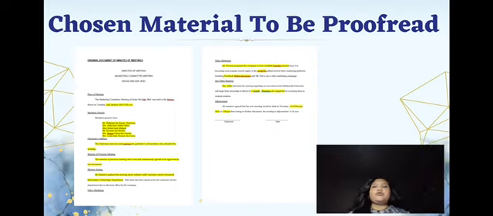So, why did I choose this document to be proofread? As someone who is developing skills in proofreading and editing, I saw this as an excellent opportunity to practice identifying errors in structured grammar and formatting. I really want to test my ability to refine a document while preserving the author's intent. Additionally, as a formal document, this proposal provided a chance to focus on improving professionalism and coherence, which are essential for official communication.